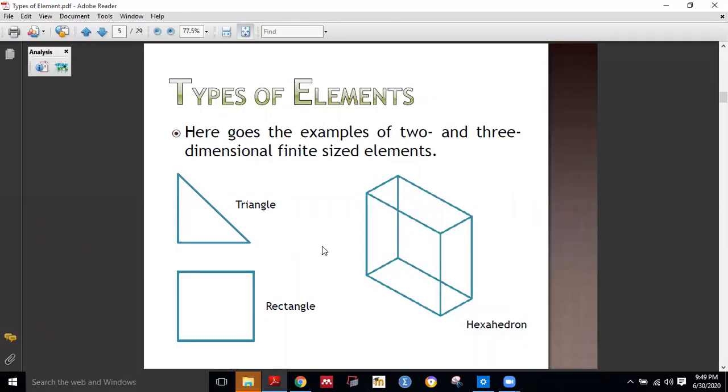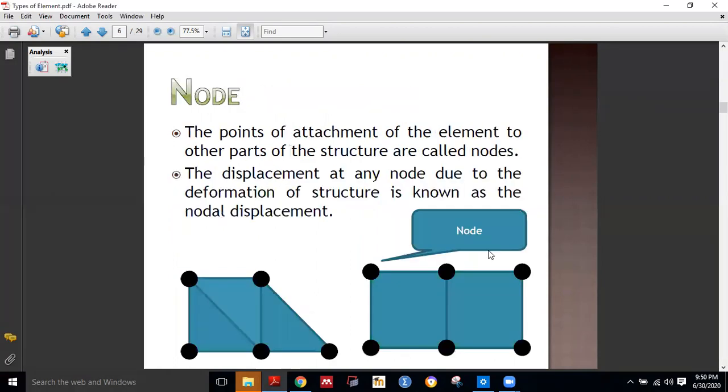In the spring element we are having only one direction, one dimension. But in the triangle and rectangle we are having two directions. We consider these as two directions when the uniform thickness of that element is there, and that uniform thickness should have a very small dimension compared to the other two. Means x and y should be greater than the third dimension. And the next one, the hexagon. In the hexagon, X, Y, and Z are quite measurable and comparable to each other. So we can consider this as a 3D element. So these are some types.